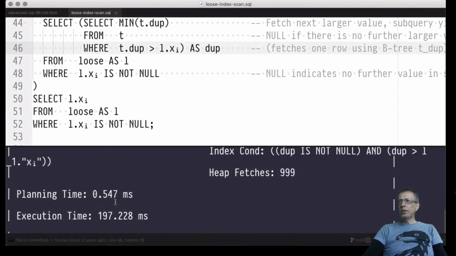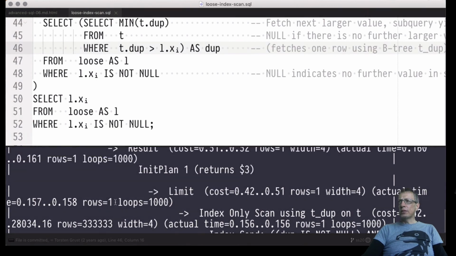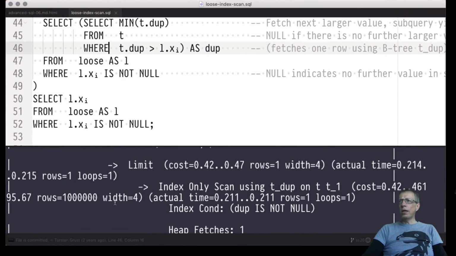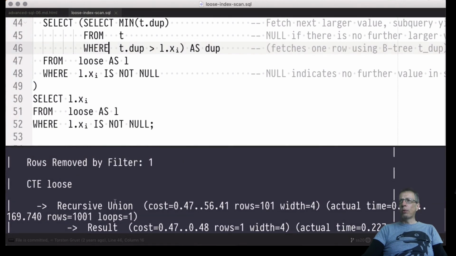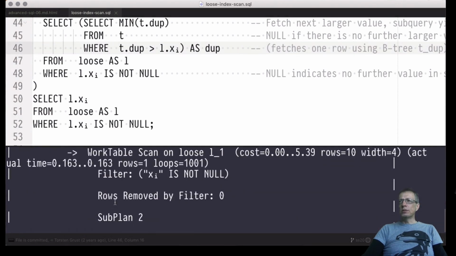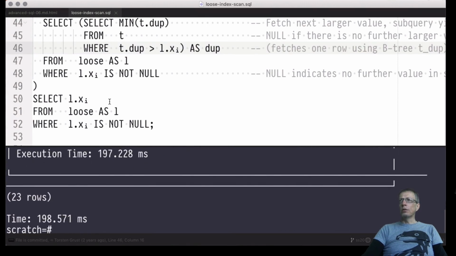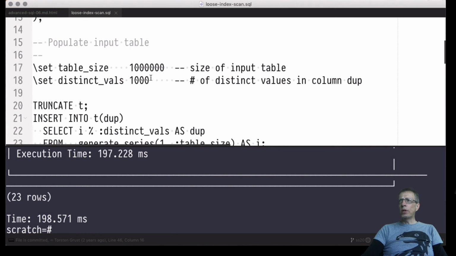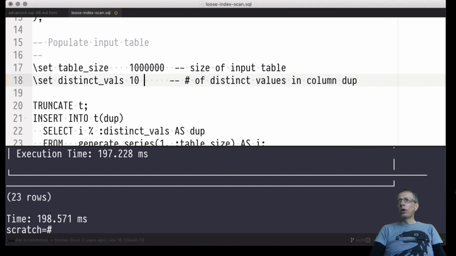Have a look at the plan here. Those that attend the DB2 course will recognize some of the operators here. This is quite the plan. And it still performs so much faster than just the built-in index scan. Right, and I think the gap will even widen if we reduce the number of distinct values